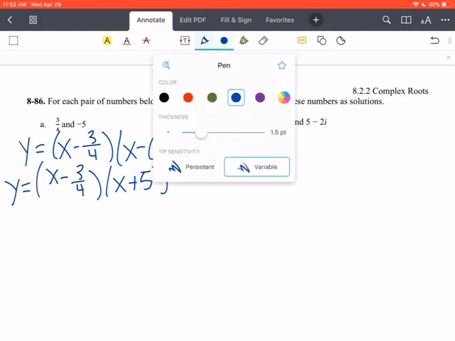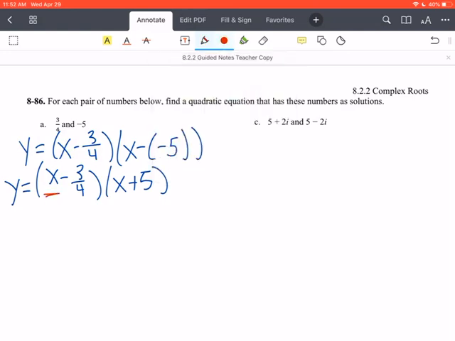So we can go ahead and first go with the x. So we get y equals x squared plus 5x, and then now negative 3/4. So we have negative 3/4 x. And then let's see, minus 15